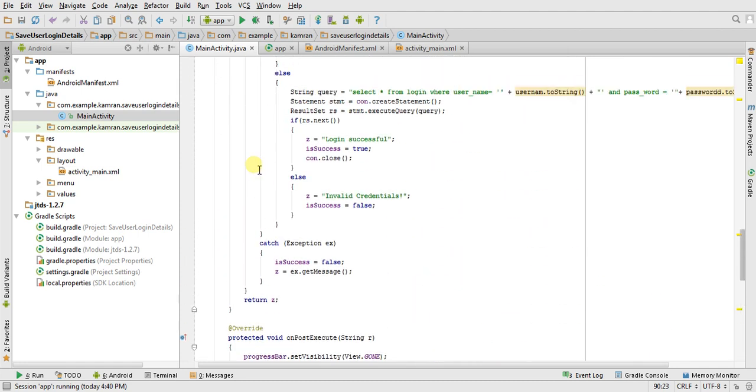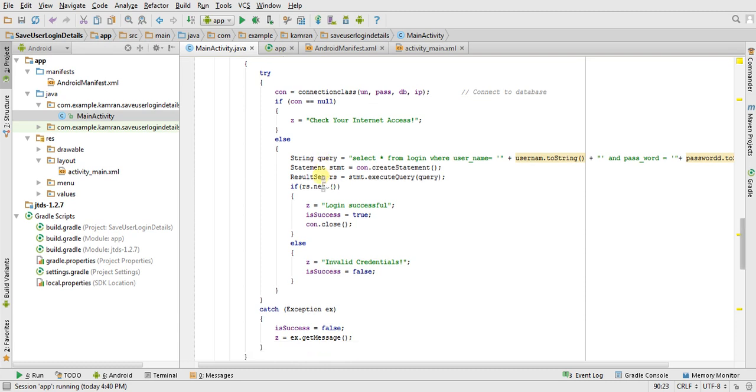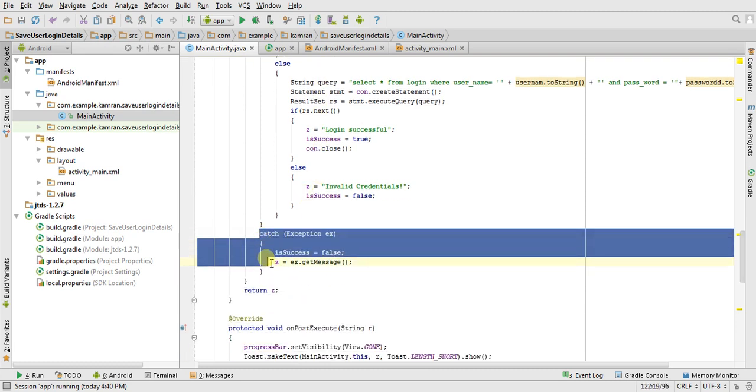After this, it will check. If your internet connection is off, then it would say check your internet access. Or if your connection is successful, then it will match username and password. If your login details are invalid, or your database connectivity goes wrong, then it would throw an exception over here.